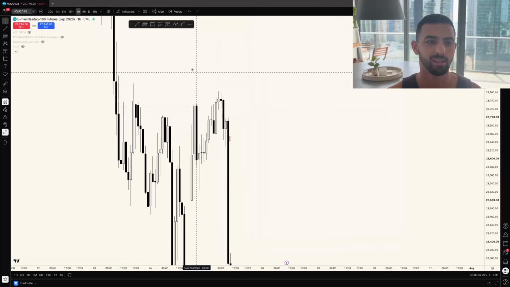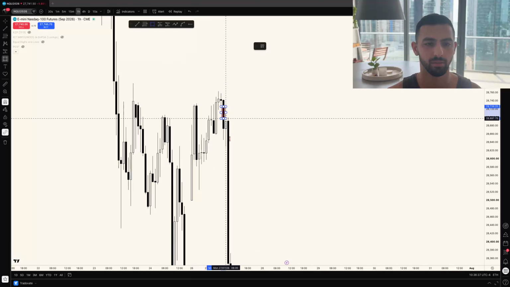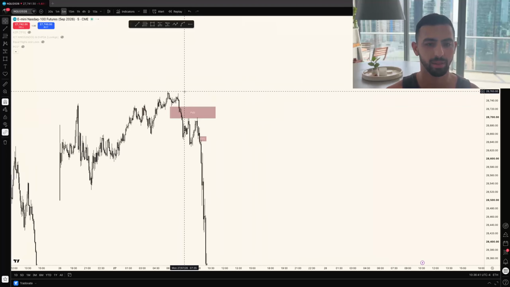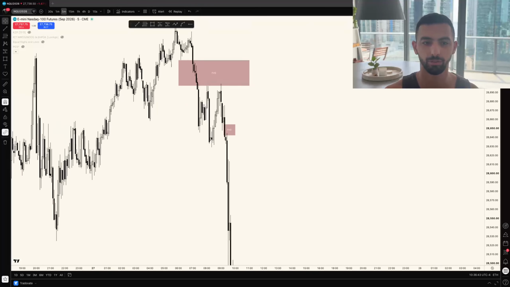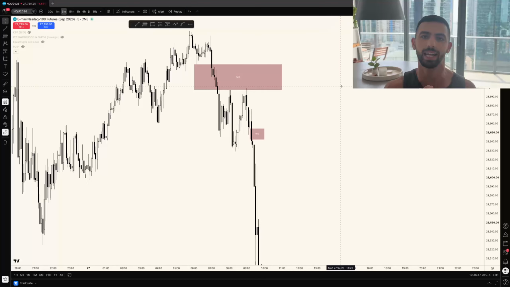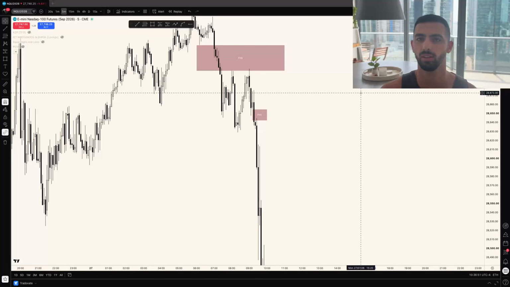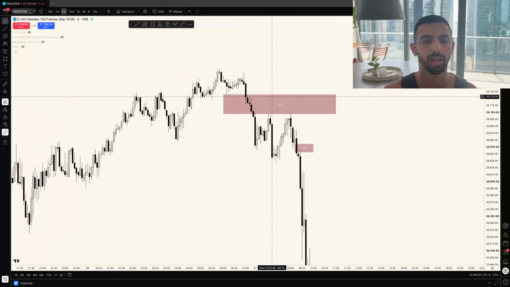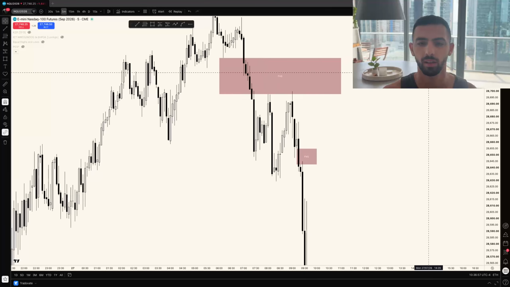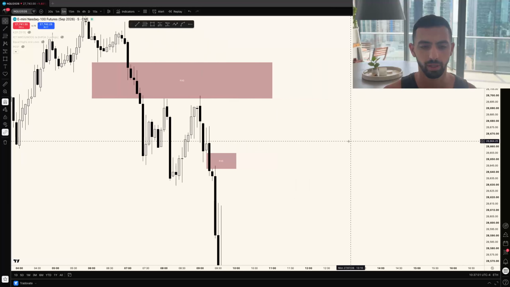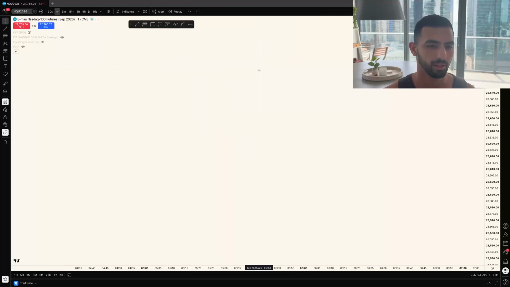So as you can see, we have this hourly fair value gap right over here. A 5 minute fair value gap created from it right over here, right? So this is classic matrix model, my classic matrix model, which is literally the only model you need to be making good amounts of money from trading. So an hourly fair value gap, perfect. We manipulate, sweep this liquidity, open up a 5 minute, right? And then